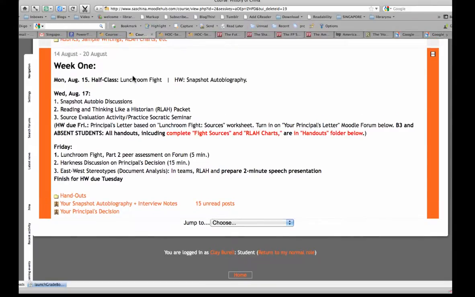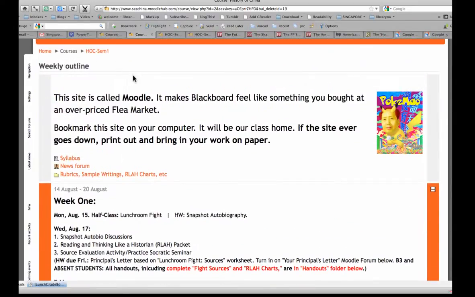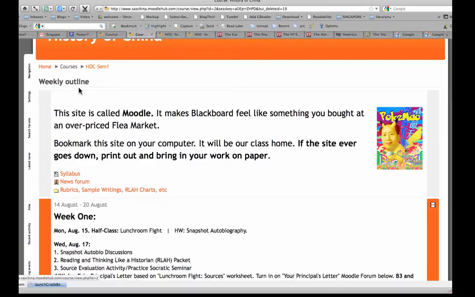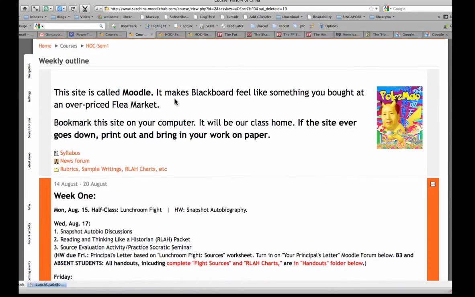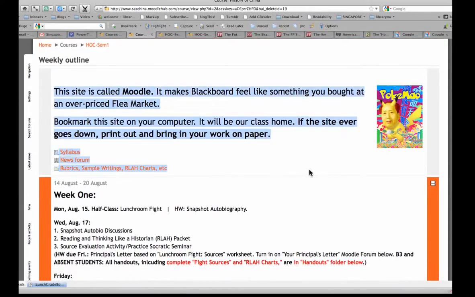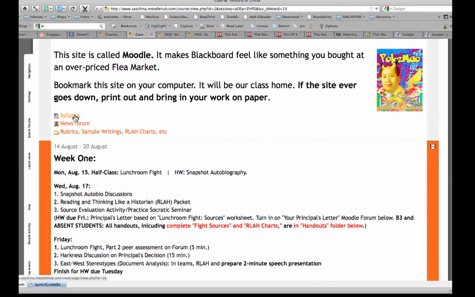There were some people absent, so I'm going to explain this again. The first box is the welcome box, so this area. Notice that in this area, which will never leave, I will have semester-long important documents, the syllabus. That includes how I grade, what your assessments will be, that sort of thing. We haven't gone over that in class, but there it is, a preview. The news forum, that's announcements. Every time I put something in that, you'll get an email about it.